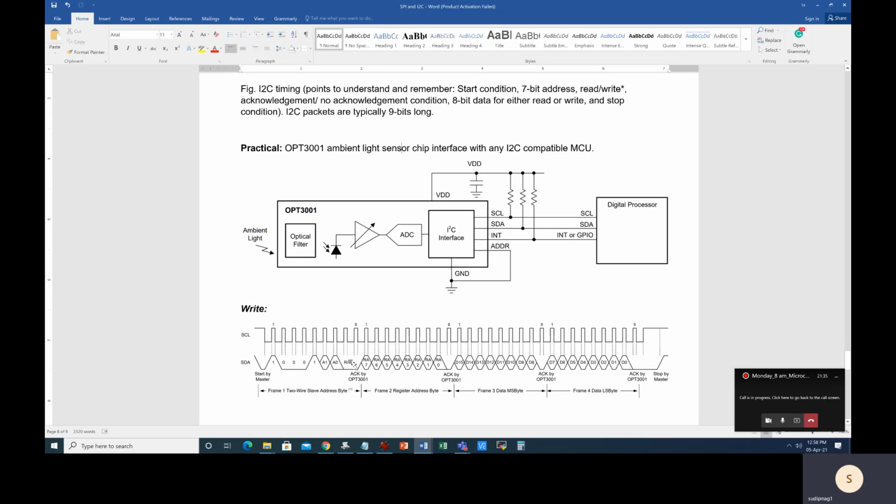That is read/write bar, as I said earlier. So this is the first bit, and then the 8th bit is the write part, that means logic 0, and after that the acknowledgement comes. The peripheral is sending the acknowledgement. The clock is always generated by the microcontroller, and the first frame comes from the microcontroller. From the second frame onwards, it may be either the microcontroller or the peripheral. Whoever receives the data, that means the OPT in this case, sends the acknowledgement, and this is the acknowledgement bar signal.